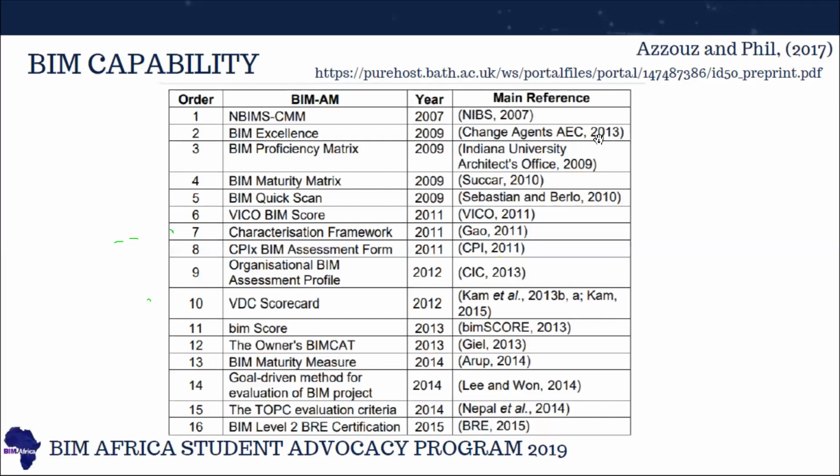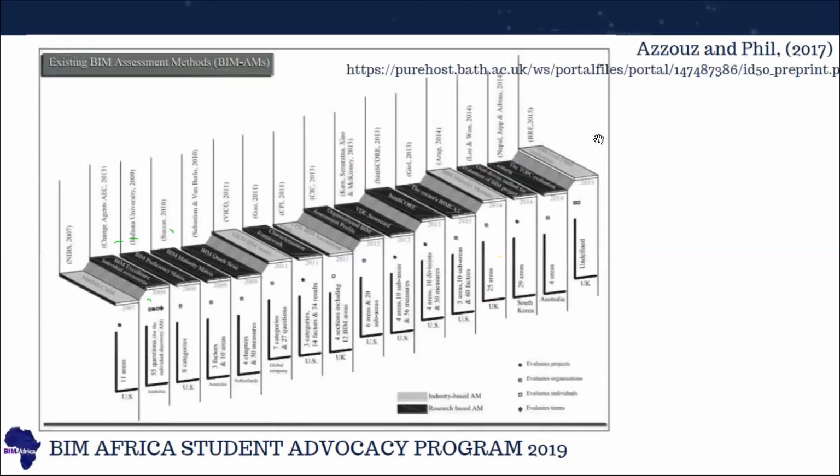We have the BIM Quick Scan, the VICO BIM Score, and some from the UK, like those from CPIC, all developed in the UK. Several others were also developed in the US. So now there are 16 that were developed from 2007 to 2015. So what about them? Within the 16 that were developed, if you look at this diagram, what you